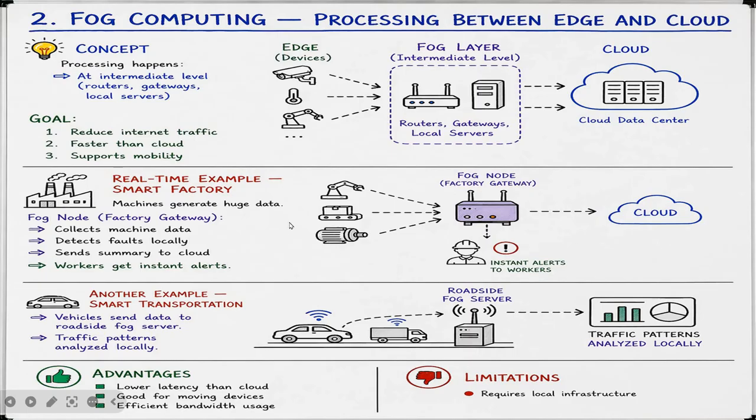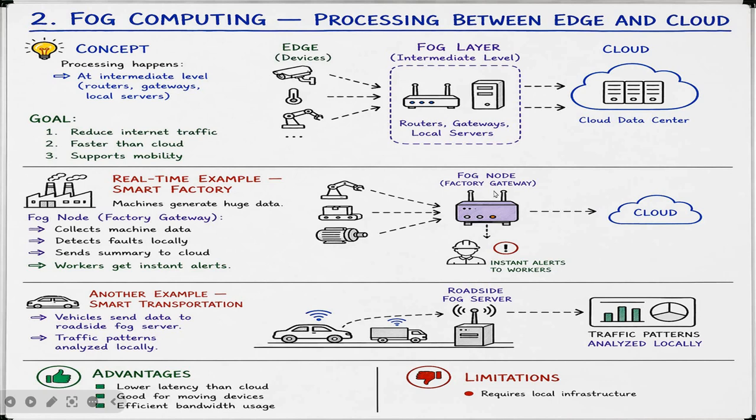Okay, one real-time example is the smart factory. Here you can see the smart factory. So here the machines in a factory will produce a large amount of data continuously, and if they send all the data to the cloud, it would be slow and inefficient. Okay, so the fog node